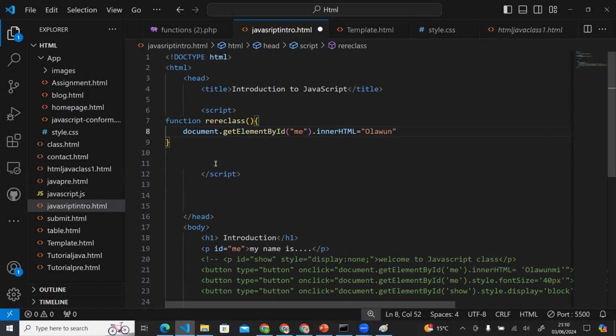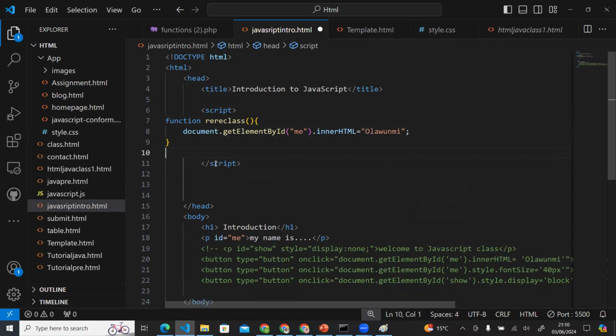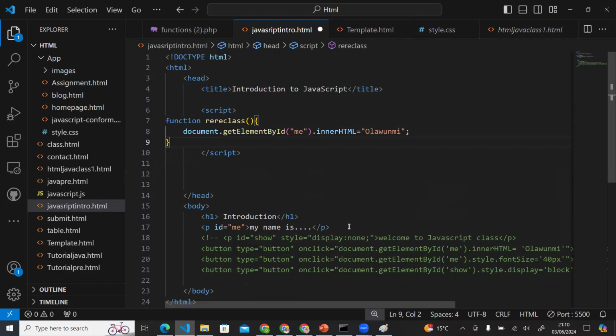Then I'll close here. I'm putting a colon here because you're trying to write this down. We are trying to write it in another form, which is the function form. So